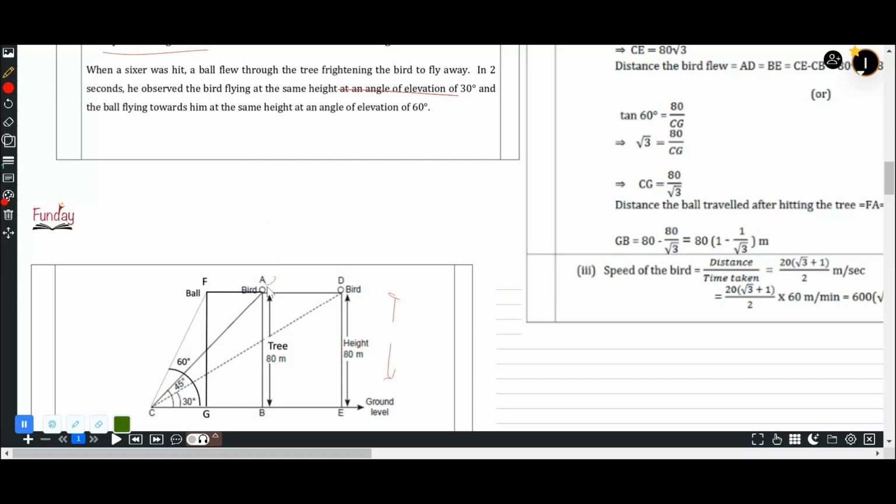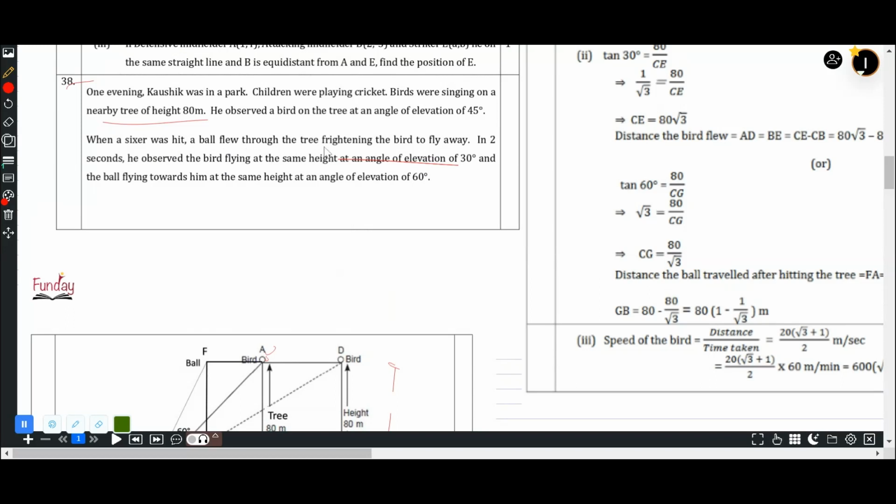Okay, this is the bird, right? This was at 45-degree elevation. Height of the tree is given 80 meters. So that means CB you can find out, so tan 45 is 1. So that is base is equal to perpendicular. So एक part तो आपकी solve हो गई. This is also 80 meters. Yeah? Now next is